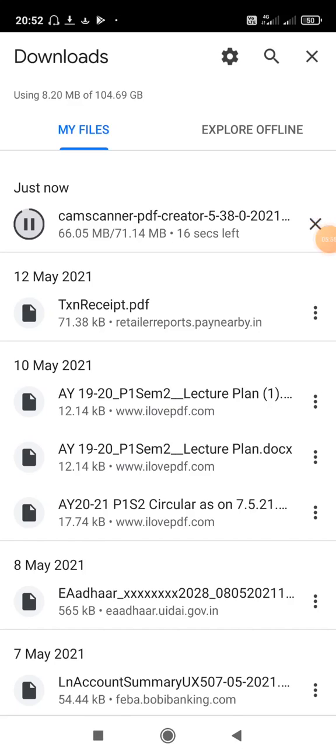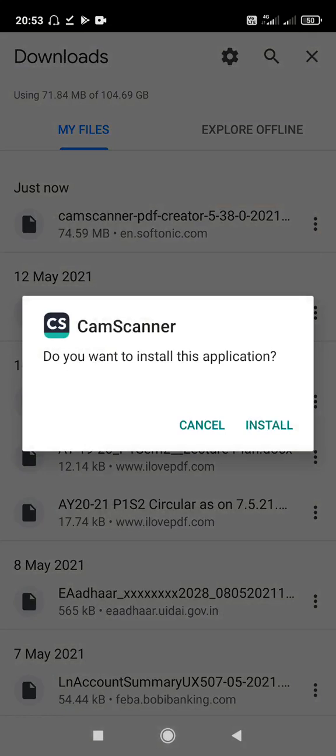If your download is completed, then click on that CamScanner PDF creator, right? So see here, my download was completed successfully. So click on it. Next, install.